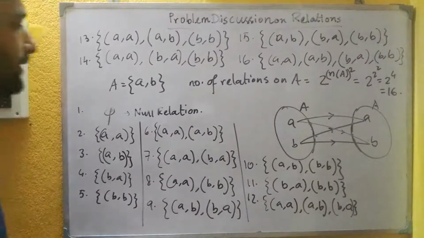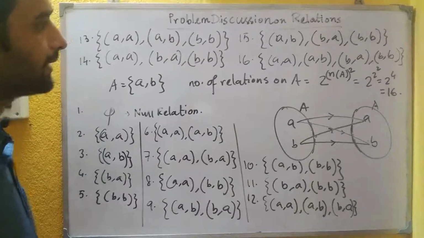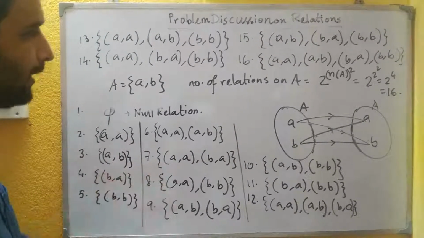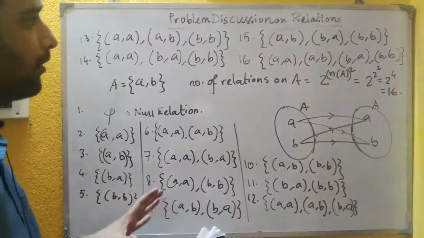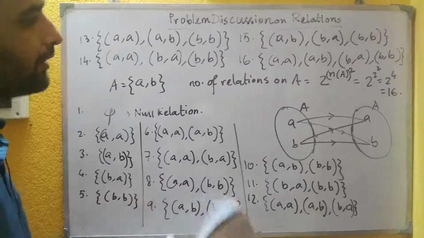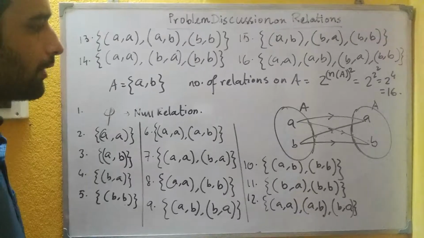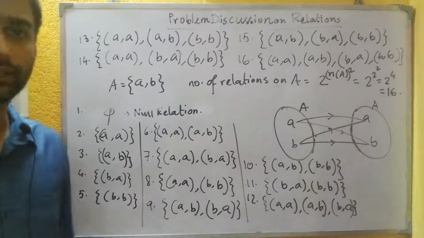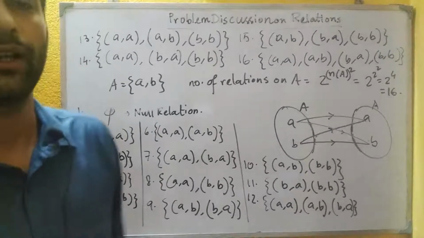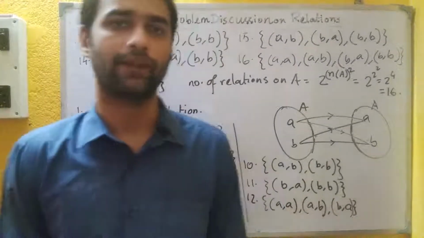So in this way we solve this type of problems. It is a conceptual type question. You have to write all the elements so that you can see all the links that can be defined from A to A. So this is the problem session. We end it here. Next we will start functions.